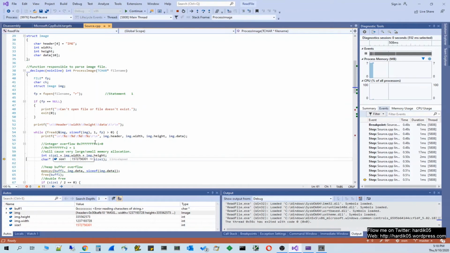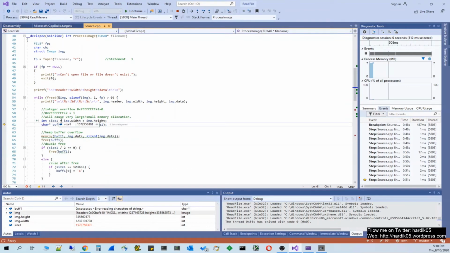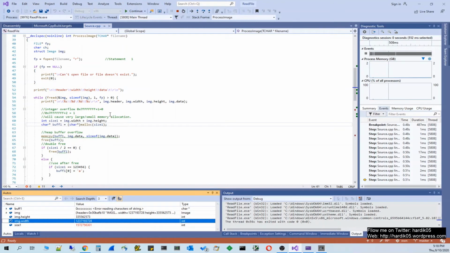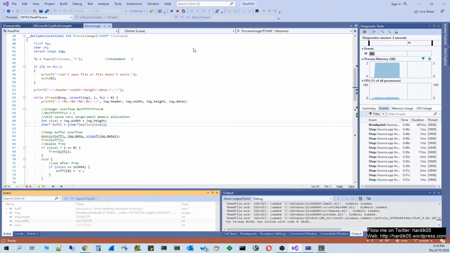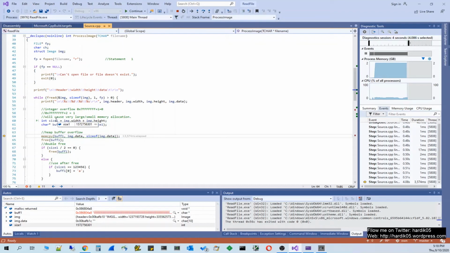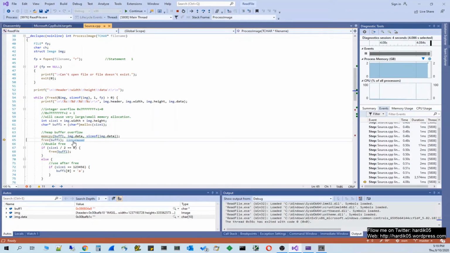You can see that it is calculating size1, as we have seen in our ELF videos for Linux. Width and height seem too high over here. You can see width and height, and size1 has actually become a very large value, and so there is a buffer which is getting allocated using malloc of size1. I think it should fail, but okay, I think it got allocated over here. Okay, it is freeing over here.